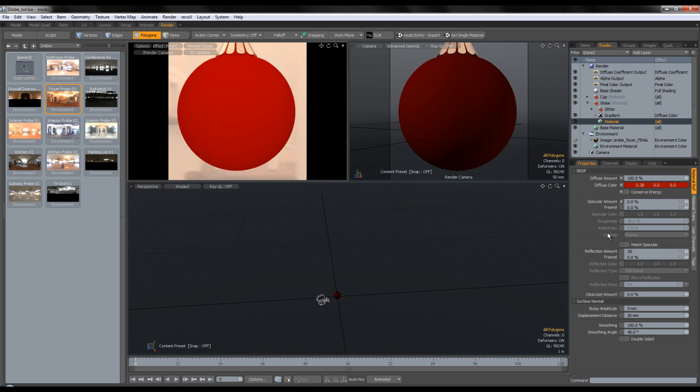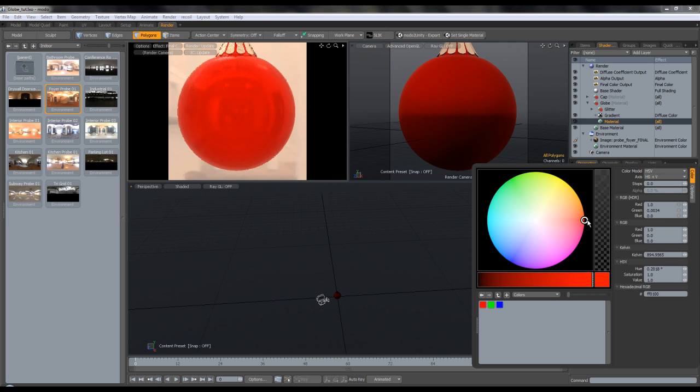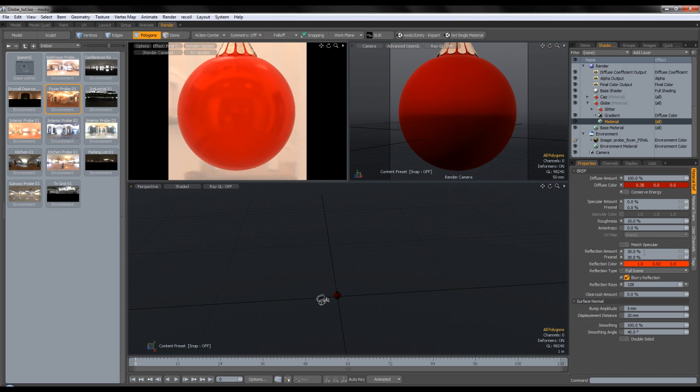Okay, so we're gonna put reflection amount to 30, Fresnel to 30, and we're gonna have blurry reflections, 128 rays with 10% roughness, and we're gonna have the reflection color to also be red, but this more orangey red. Okay, and maybe we can add some clear coat